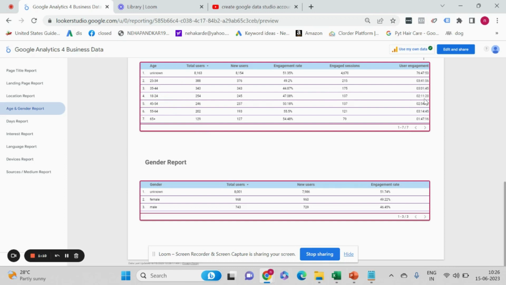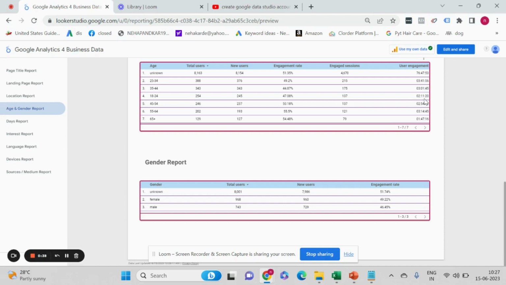So what is the use of this age and gender report? The age and gender report is generally used for any paid campaigns, like if you're running Google Ads or Facebook campaigns or any social media campaigns. There is an option where you can target a particular age group. You have to select the age group, you have to select the gender and all that, so you can use this. And also suppose you want to write new ad copy, so at that time you can think about